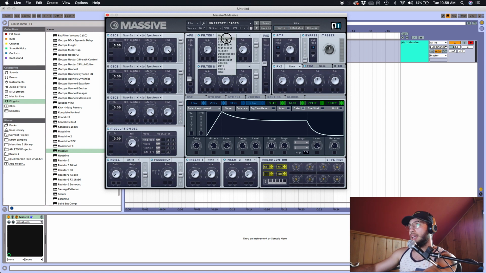So if we add in low pass 4, now I'm pressing a key and you see you can't hear anything. And that's because our low pass filter, the frequency is set all the way to 0. So there's no frequencies under that, so you're not going to be able to hear anything. But if I move this up, now you can start to hear stuff. Okay? Now, so if I hold this sound,